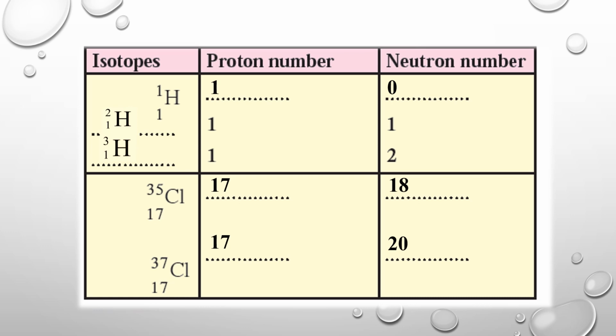So this is how you find out the atomic mass number, atomic number, number of protons, number of neutrons. By representing it in the form of a symbol with the superscript and the subscript, you get a lot of information about the isotope. But why are we learning the isotope? Because isotopes are being used in various fields and it has proved to be very useful to humans. Let's see that one by one.